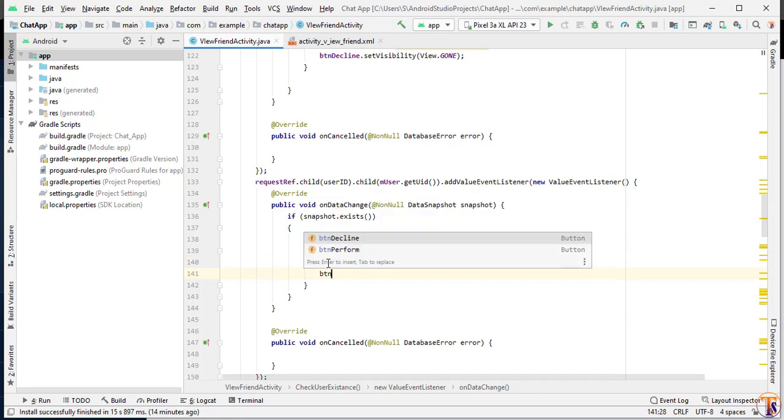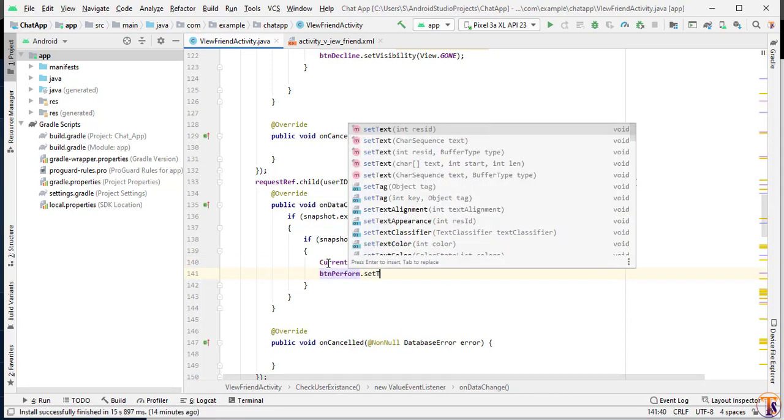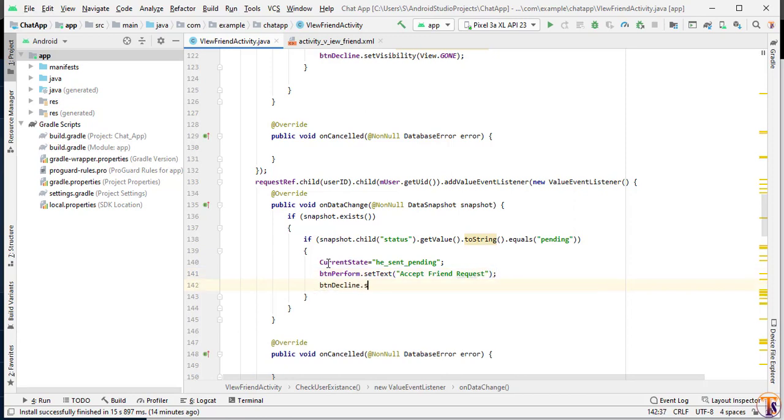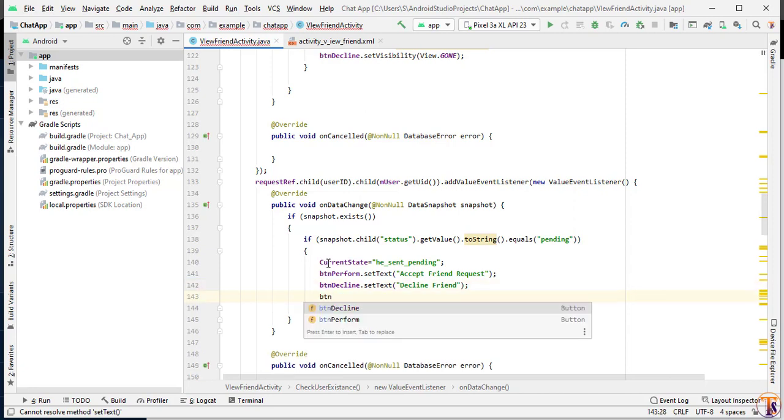Now we will change the text: btn perform dot set text, here we will change it into accept friend request, and the other one, btn decline dot set text, and here we can put decline friend request. Finally, we have to make this button visible: btn decline dot set visibility visible.